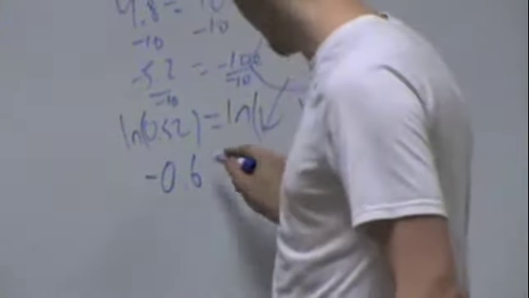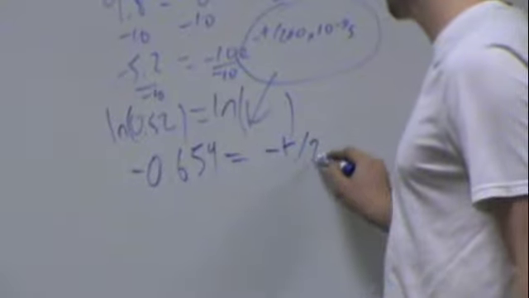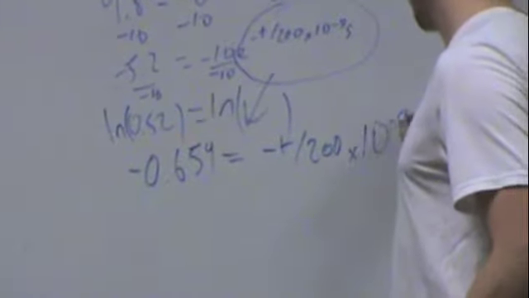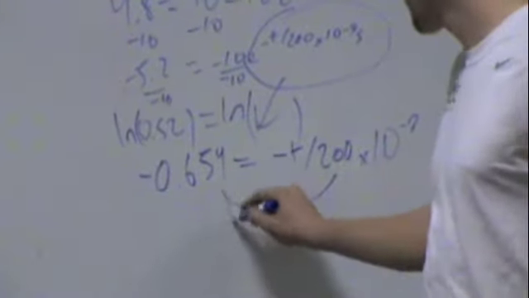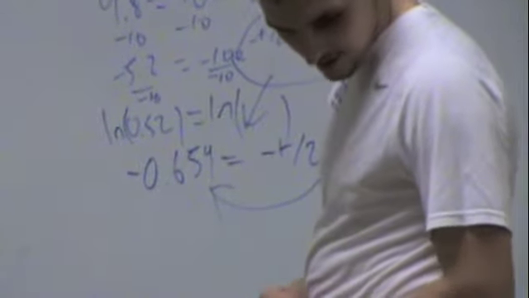And it comes out to be negative 0.654 equals ln of this thing, which is just negative t over 200 times 10 to the negative 9 seconds. So then you multiply by this, you put this on the other side, and you get the answer, which is